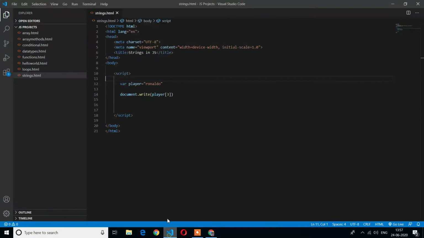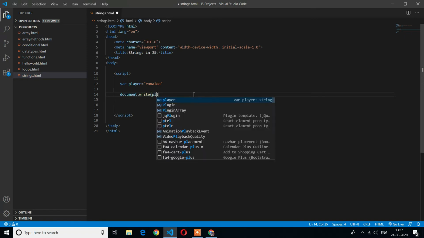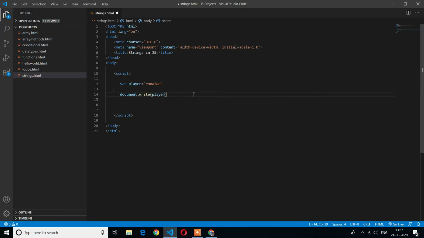We can also use the charAt function for finding the element using an index number. Now I will explain how to use the charAt function. First we use the string name, then a dot, then charAt with parentheses. In this parenthesis we write the index, and here our index is 3.